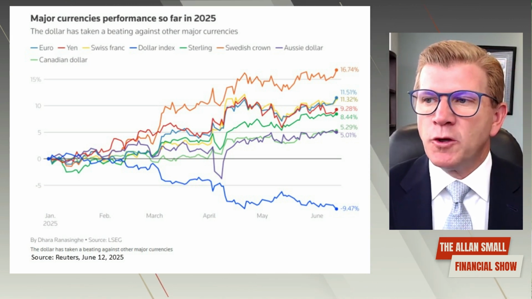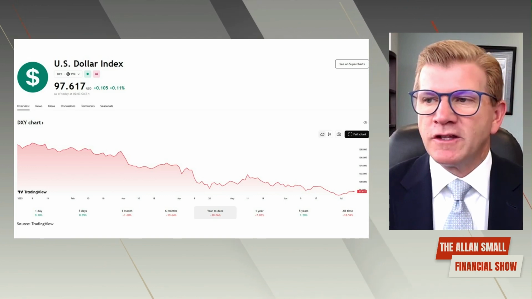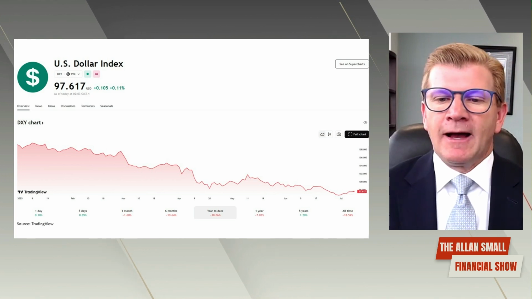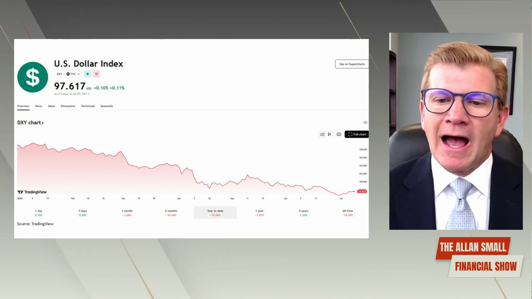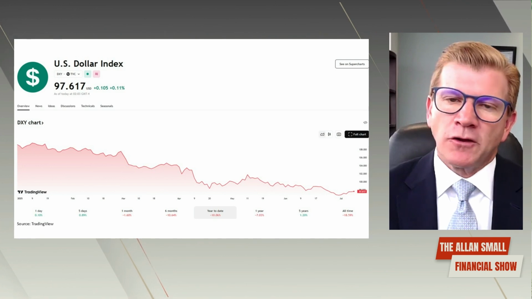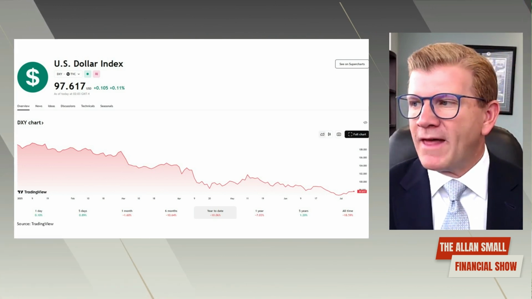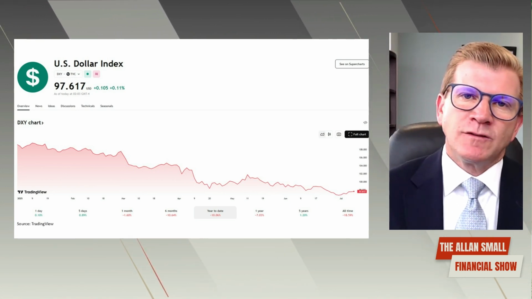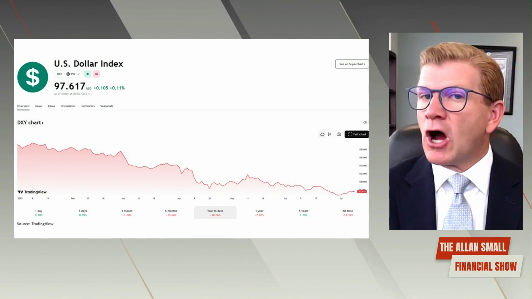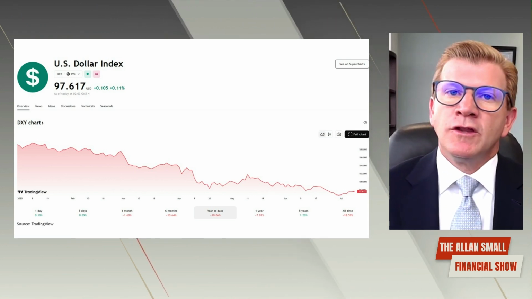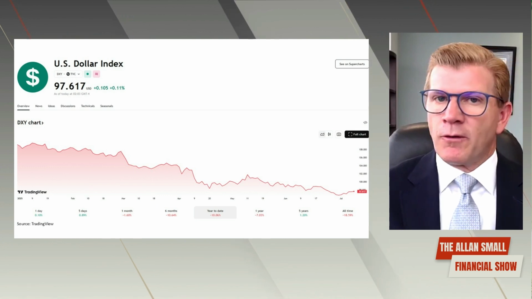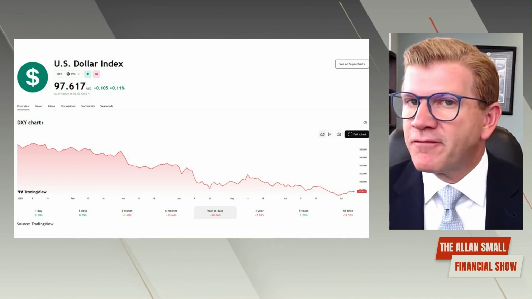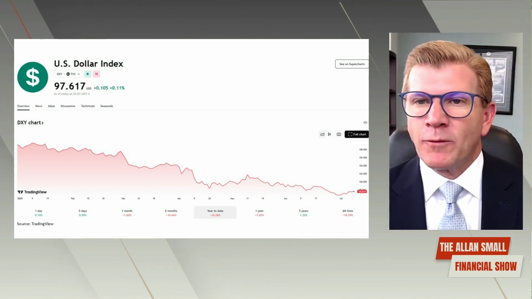Our next chart here shows the US dollar. We call it the US dollar, the Dixie, year to date. Wow, we can see that the dollar has definitely retreated this year, a tiny bit higher towards the end of that chart. We've seen the dollar stabilize recently, and that's probably what that is showing. But make no mistake about it. In 2025, the US dollar has taken it on the chin. Our dollar as well. You know, our dollar is going lower versus the European currencies, the euro, the UK pound, Asian currencies as well. So our Canadian dollar is not faring as badly as the US, but not doing that great either.